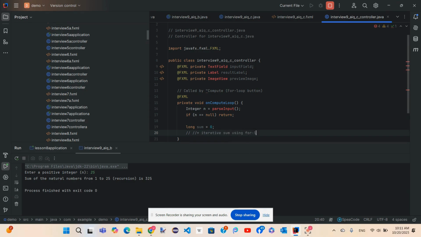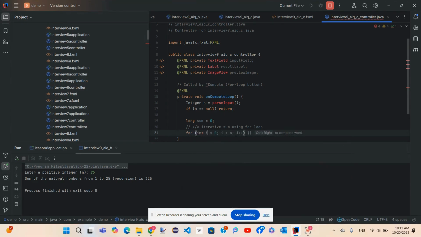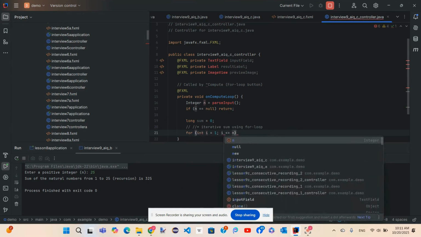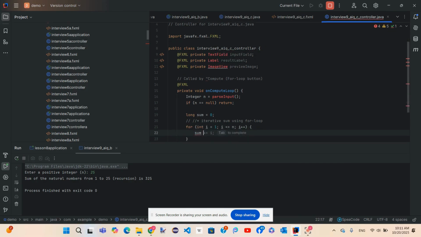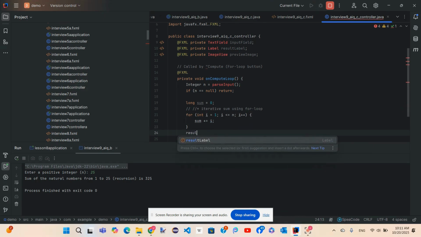Iterative sum using for loop: for int i = 1; i <= n; i++, sum += i. resultLabel.setText(String.format("For loop result: sum 1 to %d = %d", n, sum)).